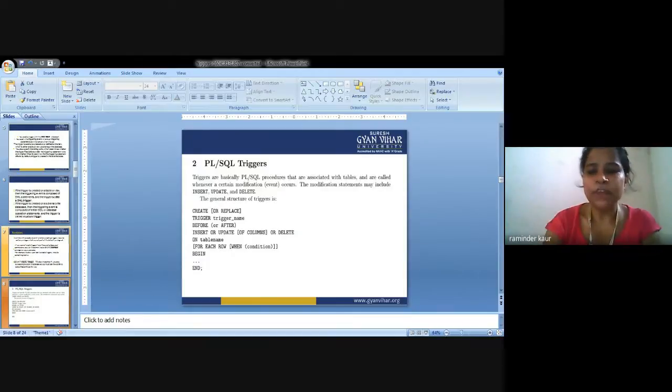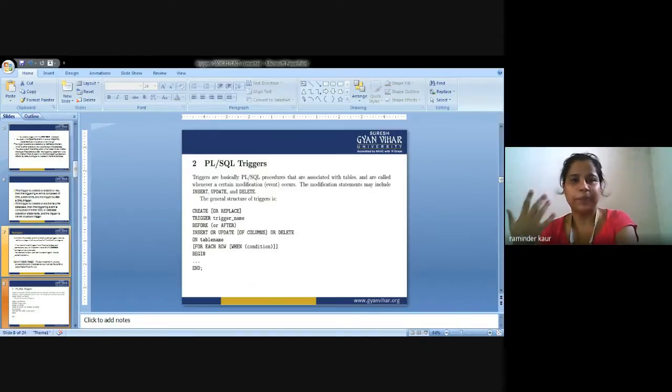So what are the various disadvantages of SQL? First, SQL does not provide programmers with the technique of condition checking, in addition to looping and branching. So that is the major disadvantage of SQL. Second point is SQL statements are passed to the Oracle engine one at a time, with increased traffic and decreased speed. Third, SQL has no facility of error checking during manipulation of data. So these are the three main disadvantages.